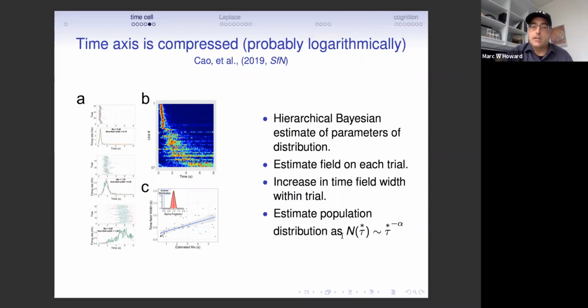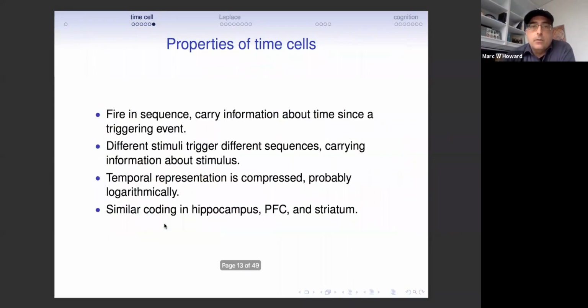And she estimated, she fit the distribution of means across cells, again using a hierarchically constrained analysis. The inset here on the left shows the posterior distribution of that alpha, and it lands exactly on 1.0. The little vertical line hits 1.0, so that's a good job. So it seems that we certainly can't falsify the hypothesis that the compression is logarithmic, and there are strong theoretical reasons to think that ought to hold as well.